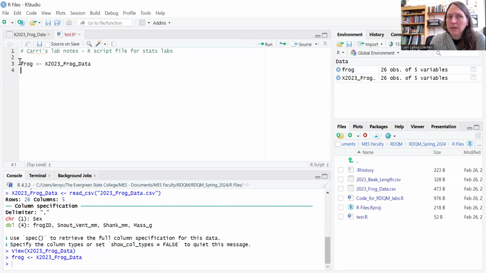So this time, what it did is anytime I type something up here in the script box and click run, it throws it down into the console for me. So I don't actually have to type anything down in the console directly. I can type everything up here in my script box. So now I've got a new data object called frog that is the data, but it's got a shortened name,